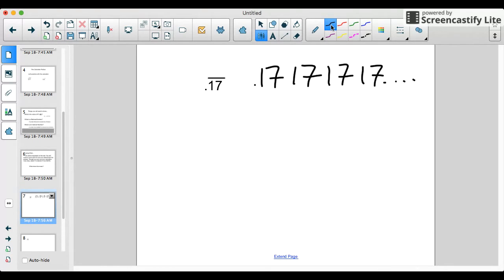To turn this one into a fraction, remember back to last week when we were working with the values of x. So we have to move over the decimal how many places? Maybe once, maybe twice. We want to line it up so that it's able to repeat. So let's try moving it over twice. So we're going to multiply it by 100x, or multiply x by 100, and that is going to give us